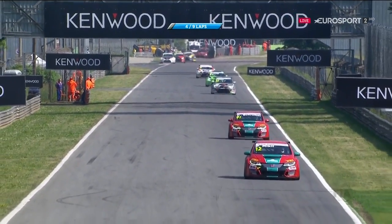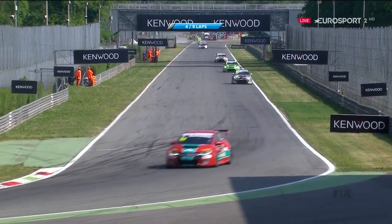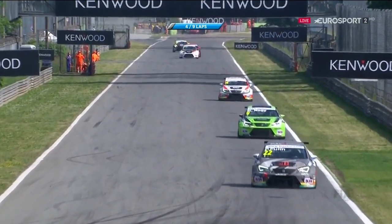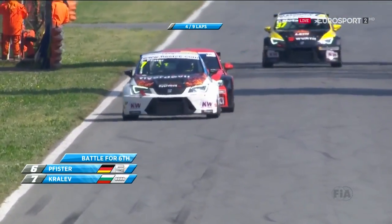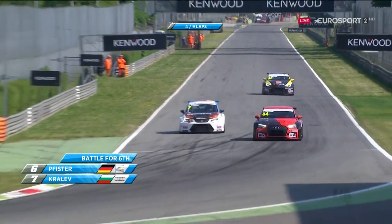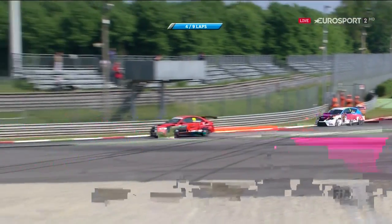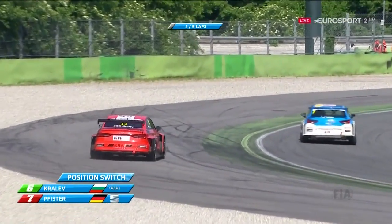Peter Rickley, Christian Schreiber leading our race here. 4 laps completed. We're on lap 5 of 9 in Monza in the European Touring Car Cup encounter. And they are streaking away from Peter Foulin, Norbert Nudge and Ivan Stefanowski. Here's the battle behind. Andreas Pfister and Fabian Motta both been passed in 1 lap by Plamen Kralev, who goes